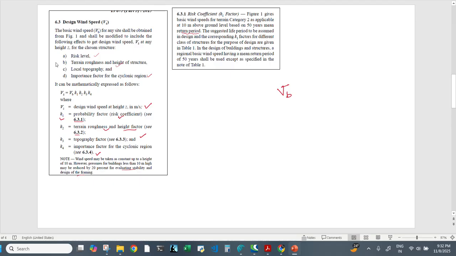Have a look at these factors, and observe which value is less than 1 or greater than 1. VB is the basic wind speed, and Vz is the design wind speed